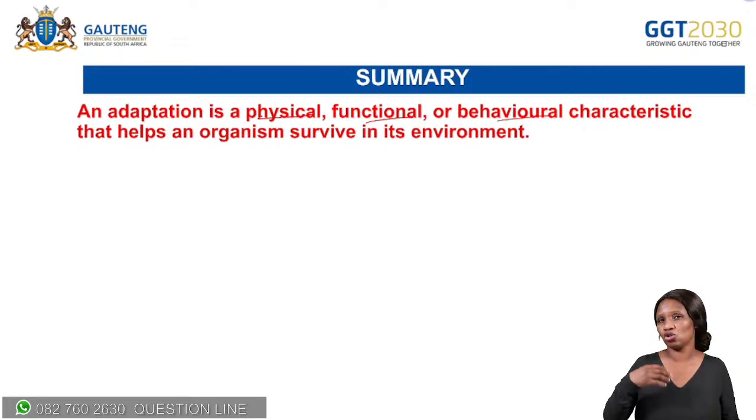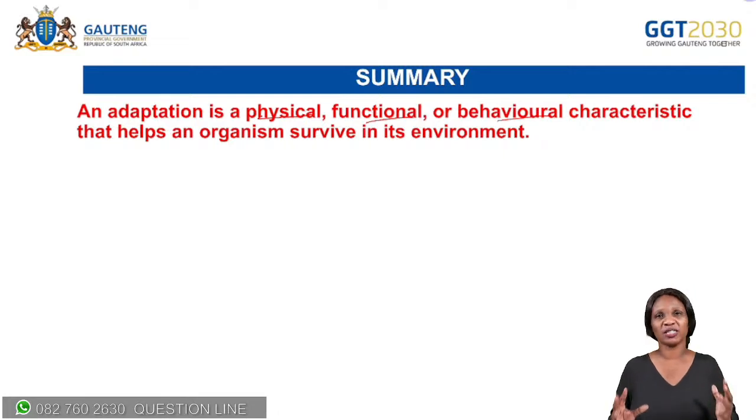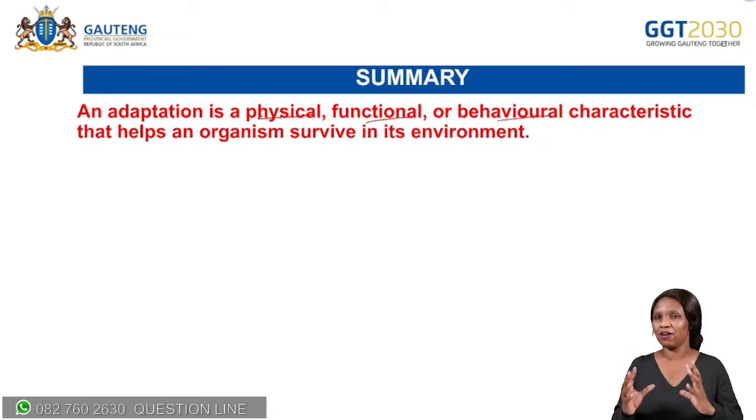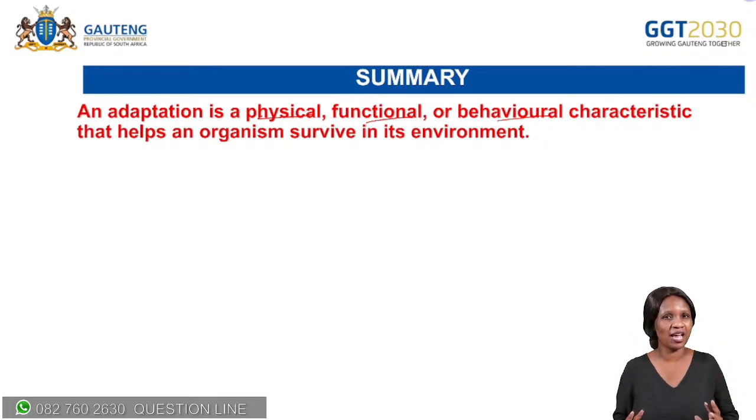And then we're talking about adaptation. An animal can adapt or can change to suit its environment, because if it doesn't adapt, it might die. Therefore, we are looking at what? The physical features. For example, let's take a camel. Let's look at the physical feature of a camel. It is very strong.